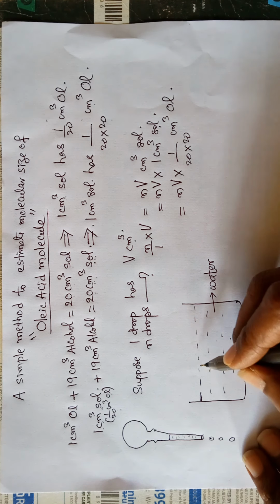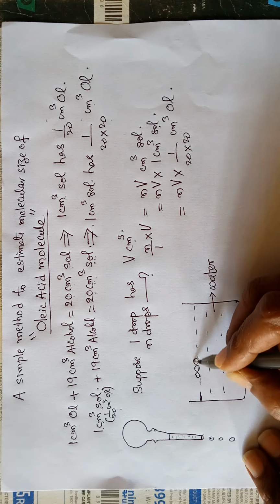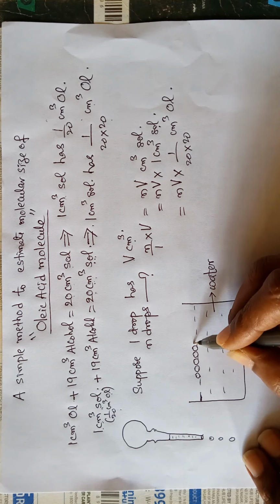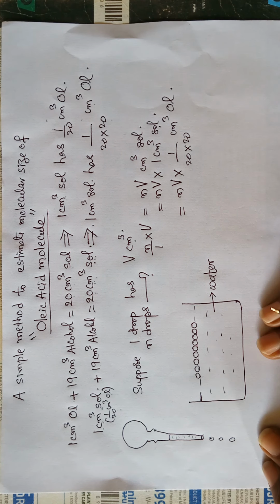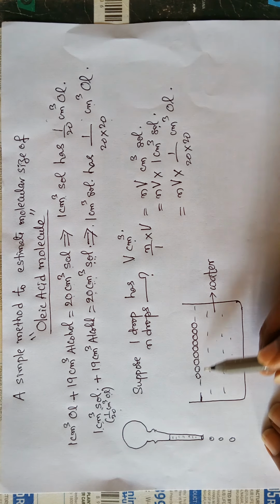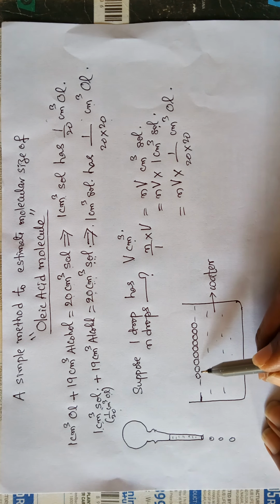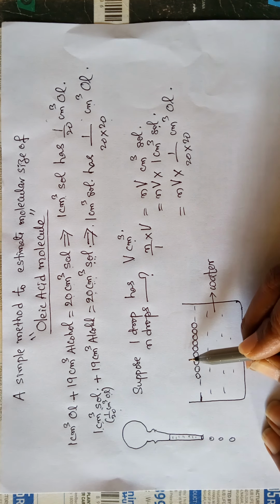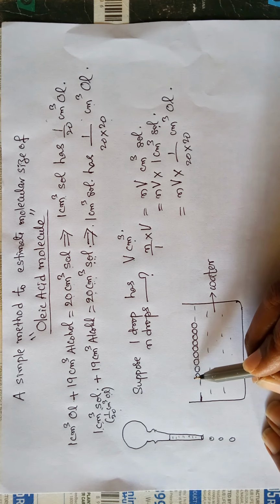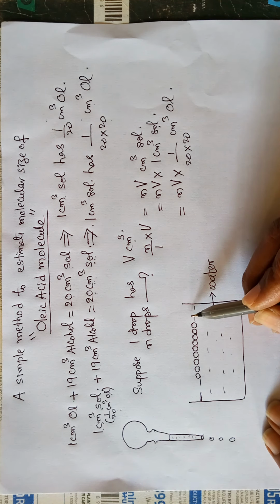See, it will be like this. All the oleic acid molecules will be like this on the water surface, a monolayer. Mono means what? One. See, only one row of oleic acid molecules will be there. Over this, you do not have another row of oleic acid molecules, only a single row. Then you say monolayer.